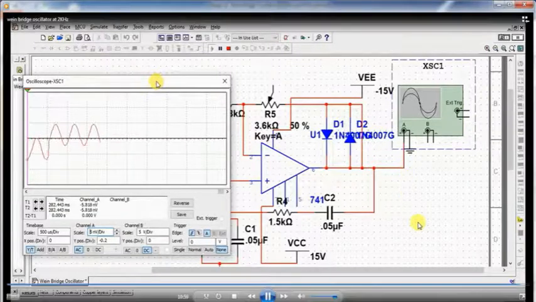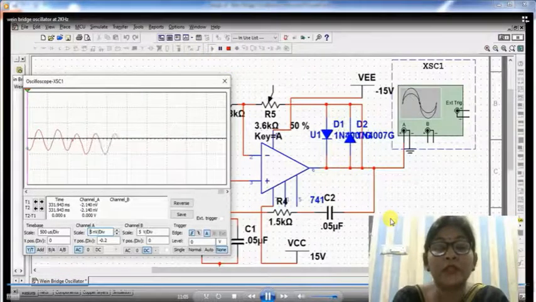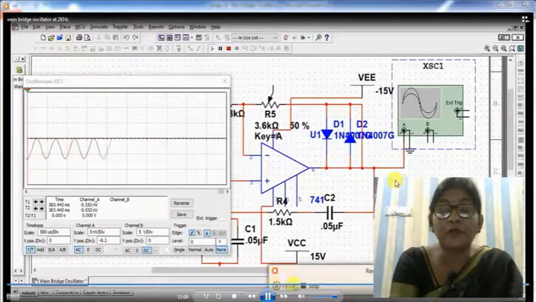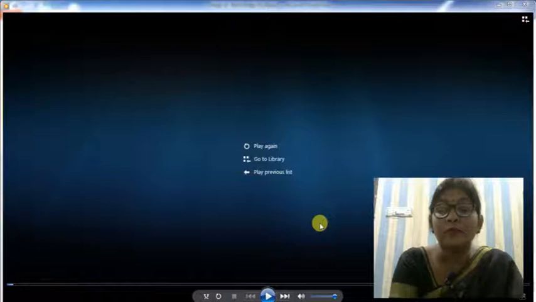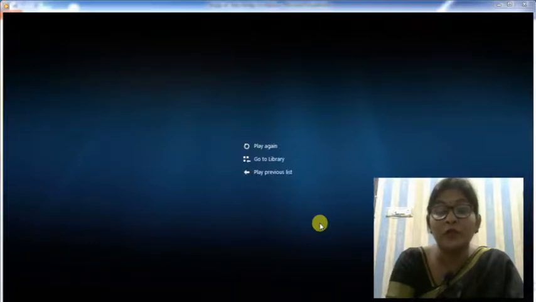So this is your output waveform. You can find out the result like this, and you can design any type of Wien bridge oscillator circuitry. You can choose any oscillation frequency, and you can design the Wien bridge oscillator with the help of this video.